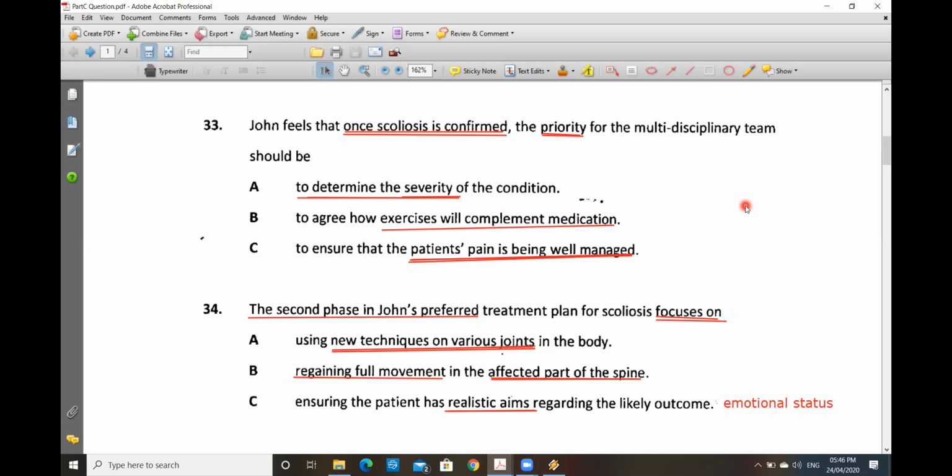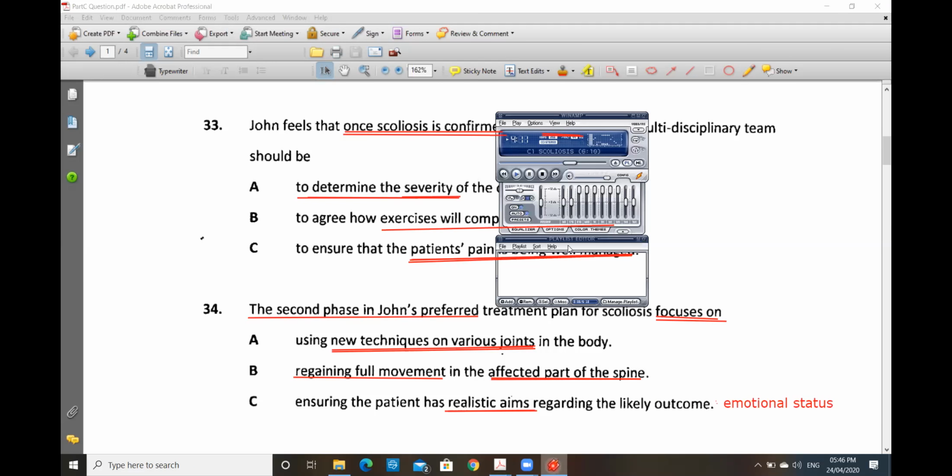This is because it's there that the patient requires the strength and flexibility gained in phase 2 in order to resume normal activities. These include